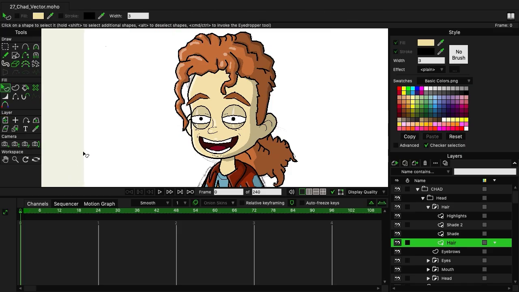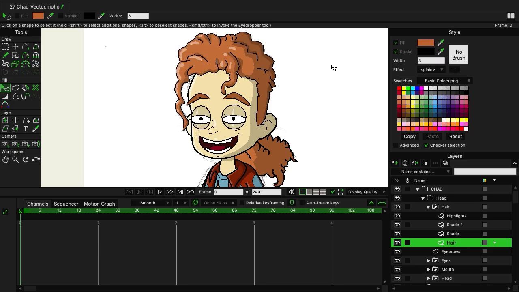Next, using Q on the keyboard, I can select the Select Shape tool and come over here and click on the outline. And when I do this, it's going to select those detail lines I put in. So here we can come in and enter in 3 and hit enter to reduce the line width. I want to do the same for the hair itself, so I'll click on the hair fill, come over here and enter in 3 for line width, hit enter, and we are now good with the hair when it comes